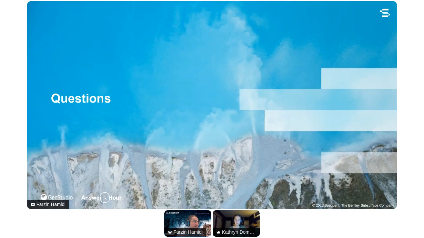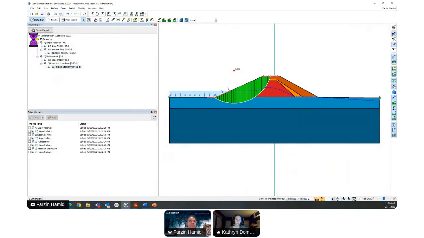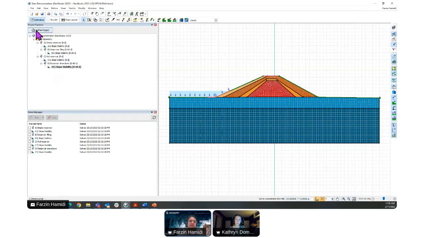Okay. I think this is the convergence issue. So for the convergence issue, let's get back to the dam demonstration. In the definition view, for a dam analysis, when we are doing it in a saturated and unsaturated condition, we have to do the iterative solution to get the iterative solution to converge.